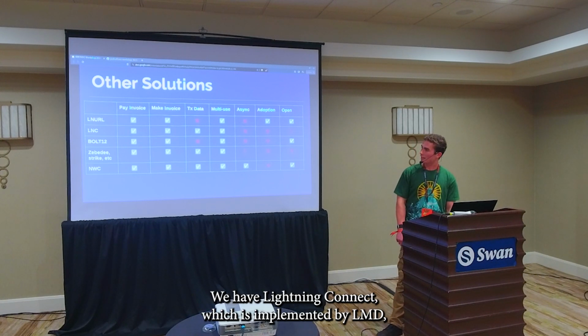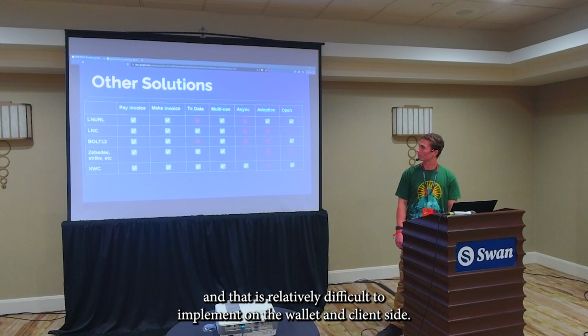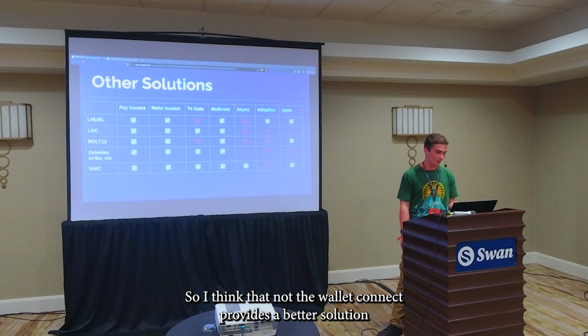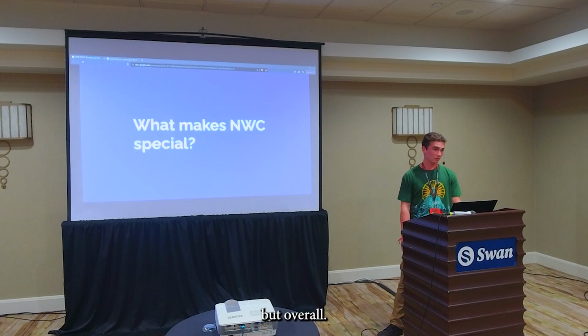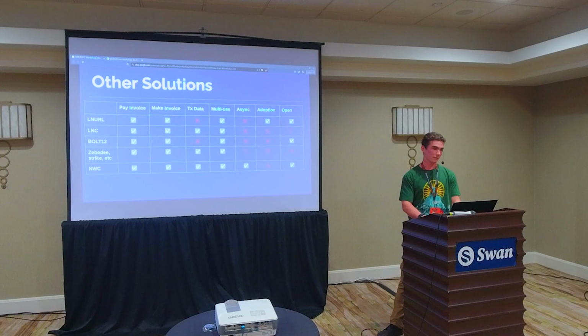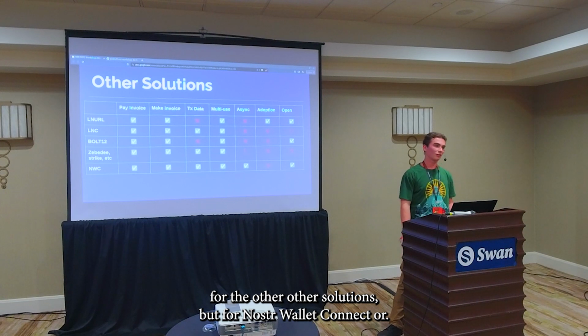We have Lightning Connect, which is implemented by LND, and that is relatively difficult to implement on the wallet and client side. So I think that Nostr Wallet Connect provides a better solution than that. But overall, I'm not sure if that's accurate for the other solutions, but for Nostr Wallet Connect